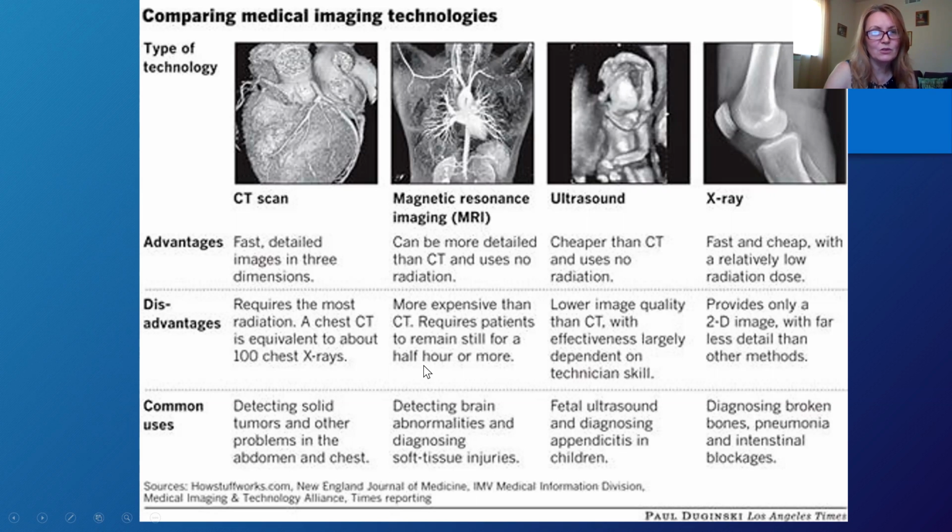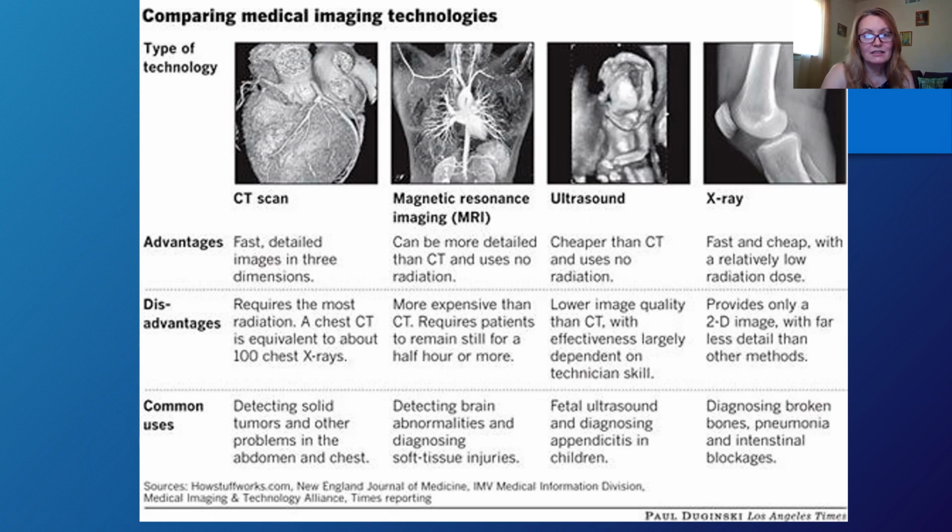And it also cannot be used on a patient with a pacemaker or any metal parts in their body, because MRI uses a very strong magnet. That's what MRI is, magnetic resonance imaging. Ultrasound's disadvantage is that it has lower image quality than CT, and effectiveness largely depends on technician skills. So you really need to be good at interpretation of this